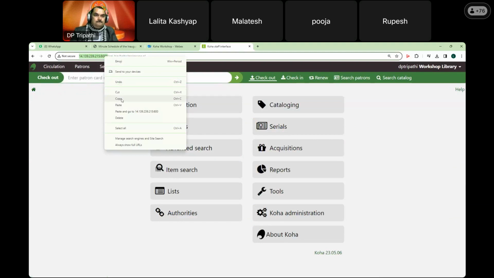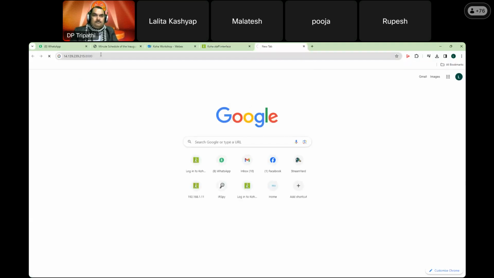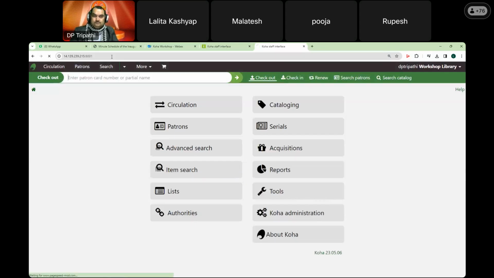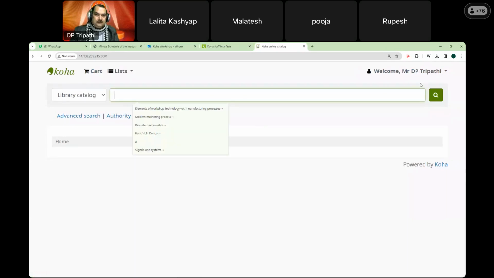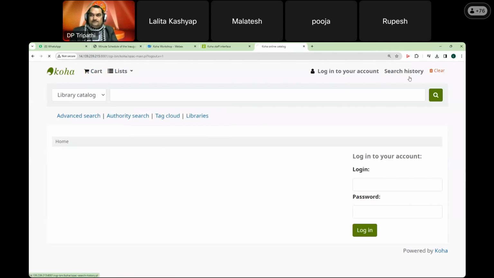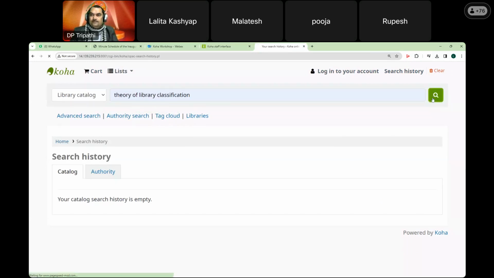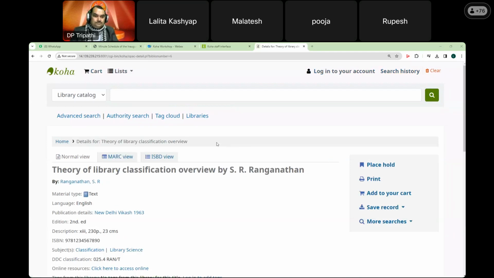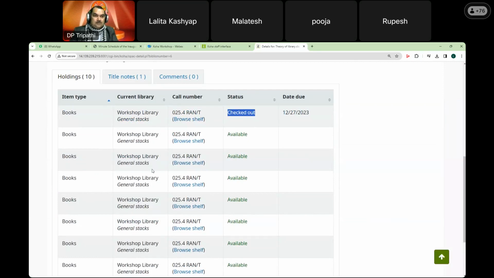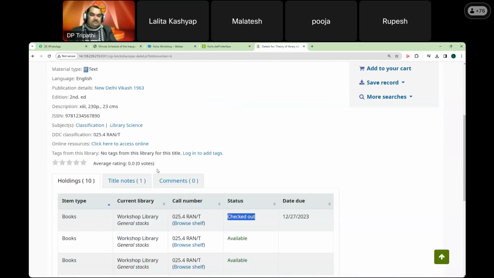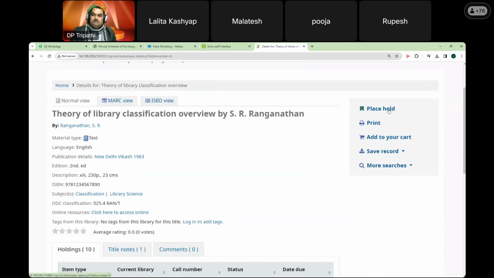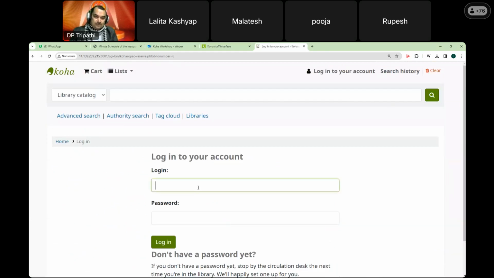Just open this. Yeah. So let me log out of this first. Okay, now I'll search for theory of library classification. And you see, it will show you that since it has 10 copies, generally if the number of copies is more and it is available, the system advises to issue another copy of the same title. But I will show you, just click on place hold. If I click on place hold, it will ask you to